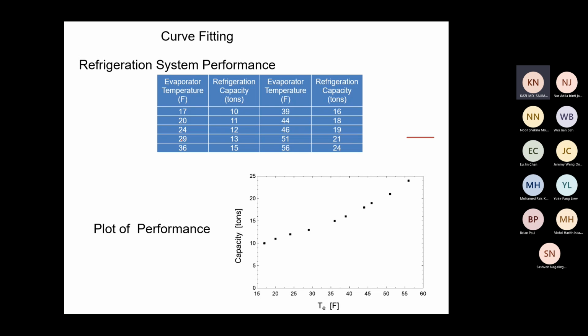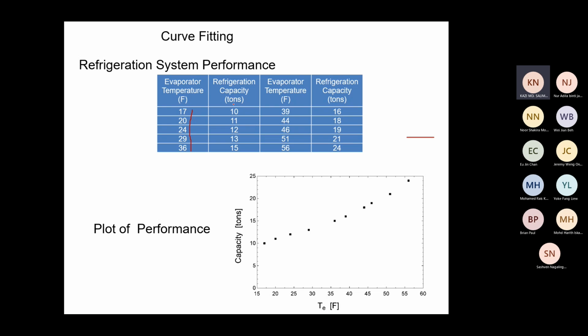In our case, it is the room where we want to maintain the temperature. Because we consider the vapor compression refrigeration system, our evaporator is our cooling space. So we can see from this that the evaporator temperature gradually increases,